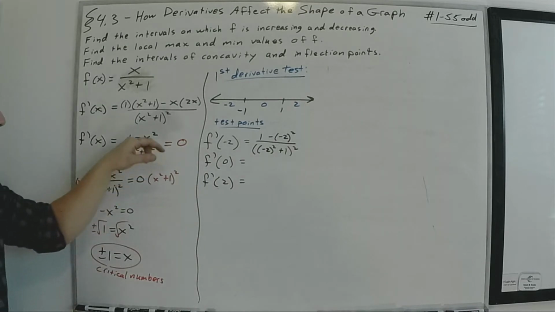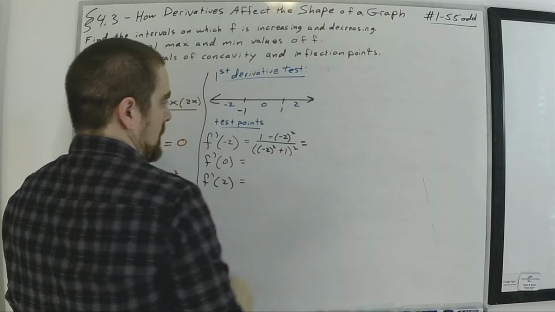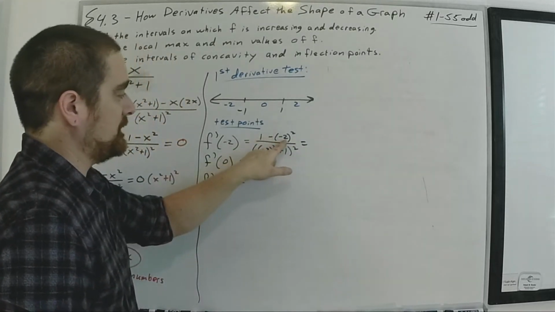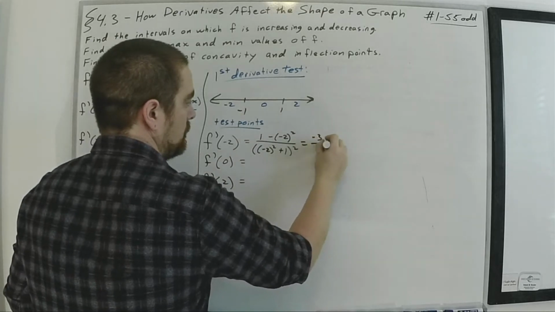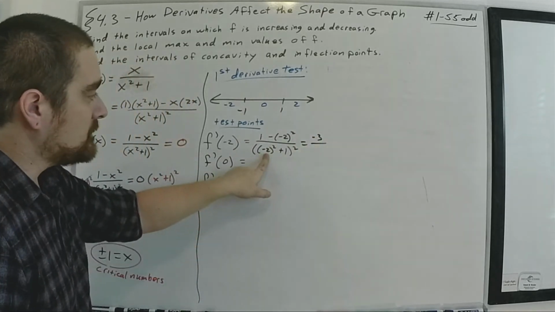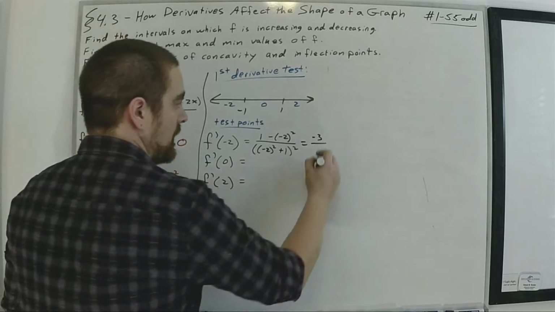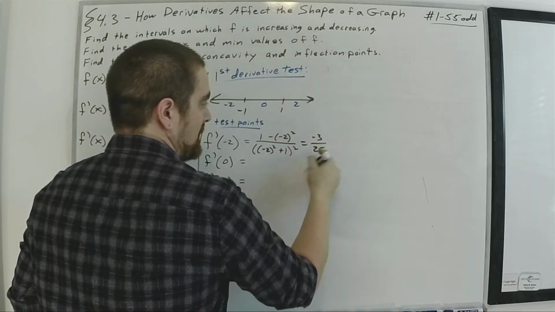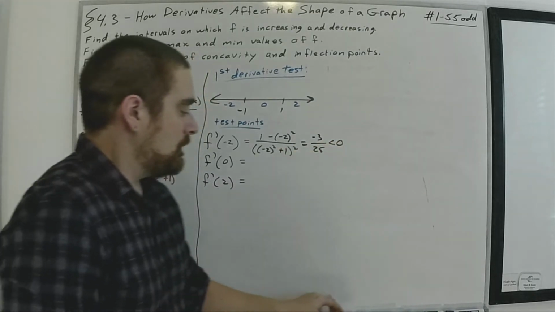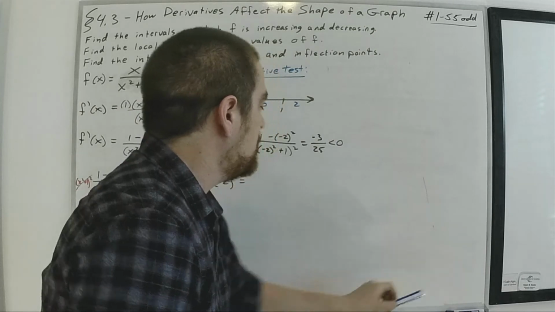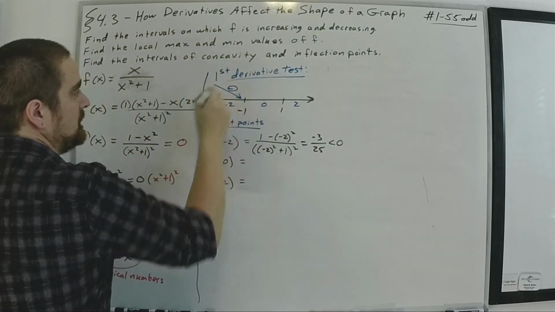So I've replaced x with -2, my test point, and now I'm just going to simplify this and see what I get. 1 minus, well, if I square -2, I actually get 4, so the top is -3. -2 squared is 4, but then I'm going to do 4 plus 1, which is 5, and have to square 5, that's 25. I have -3 over 25, which is negative, which means that since my first derivative is negative, my function must be decreasing